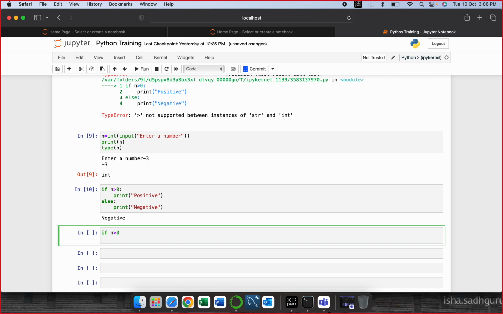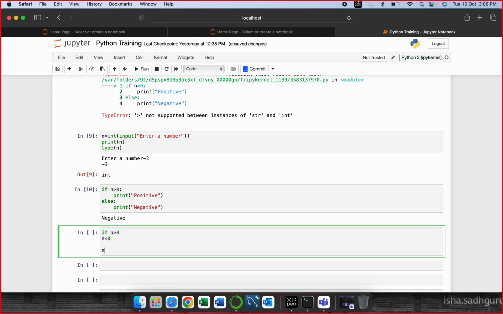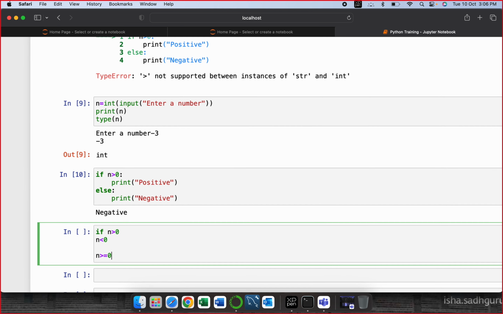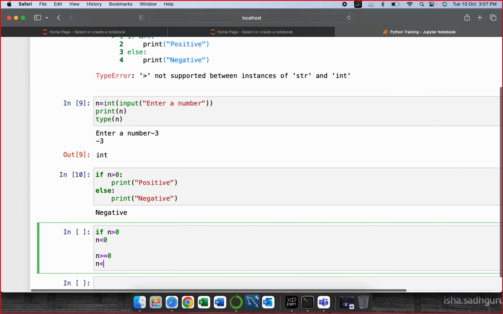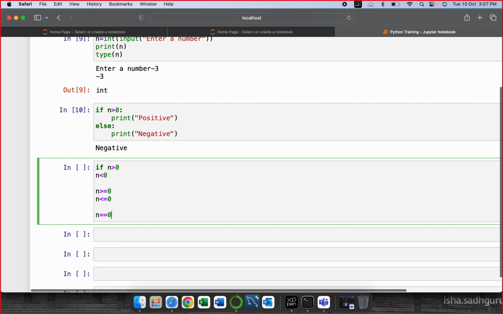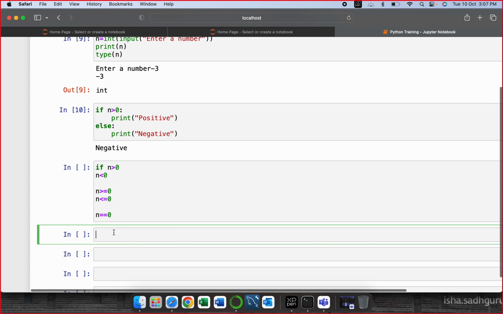Greater than 0. You can have n less than 0. You can have n greater than or equal to 0. You can have n less than or equal to 0. Or you can have n equal to 0. Now always remember that thing. If I pass it like this, n equal to 0,